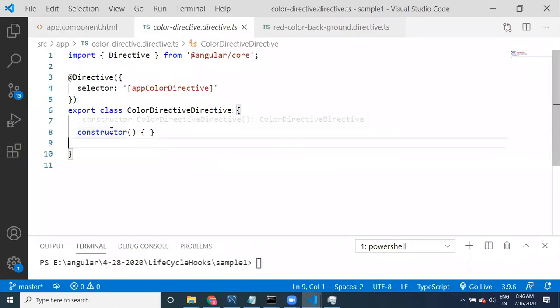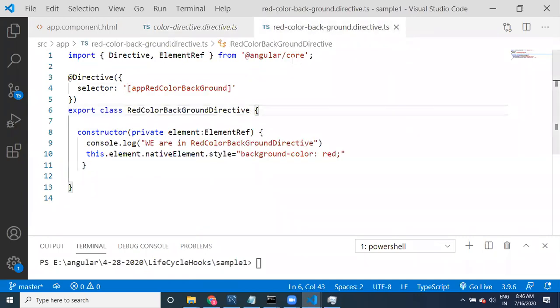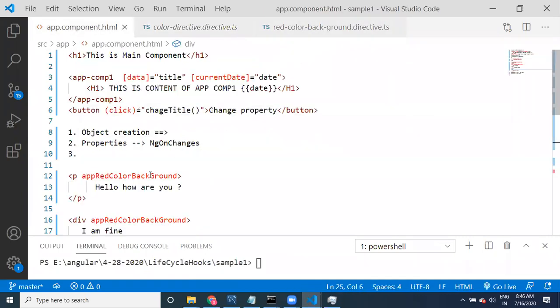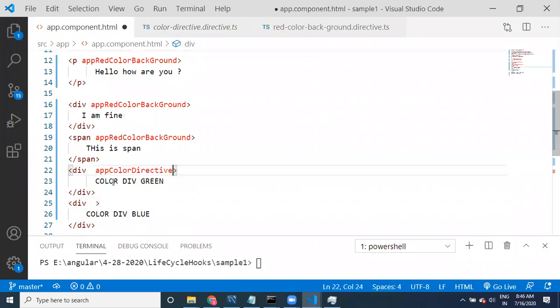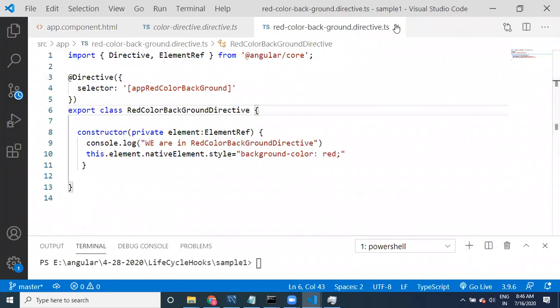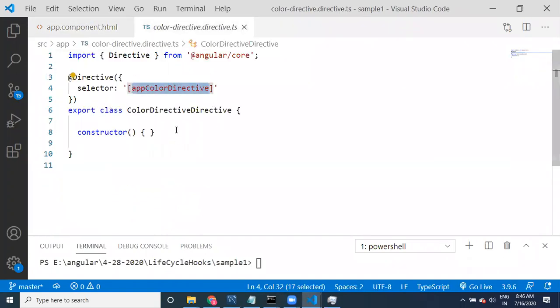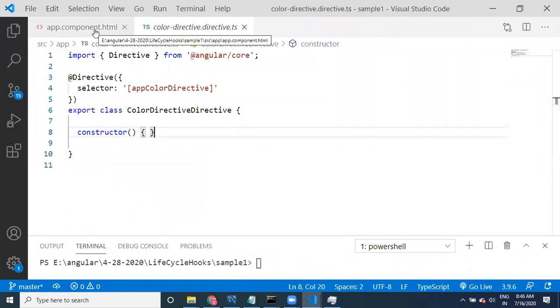Now this directive is the app directive. Here we have to use it like this, and then it has to accept some value, to accept a value.